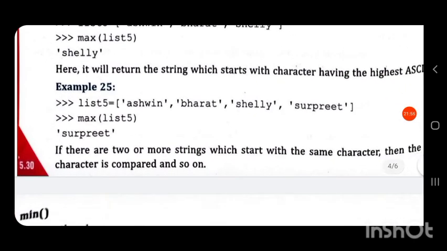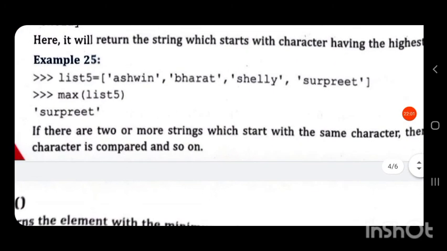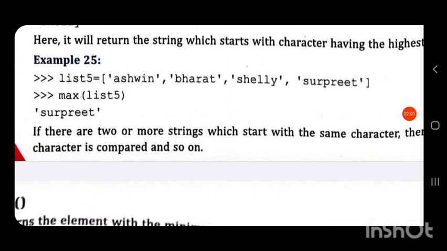Next is a list with Shelley and Surpreet. In this program, two elements have the same first letter, so it will compare the second letter of both elements.